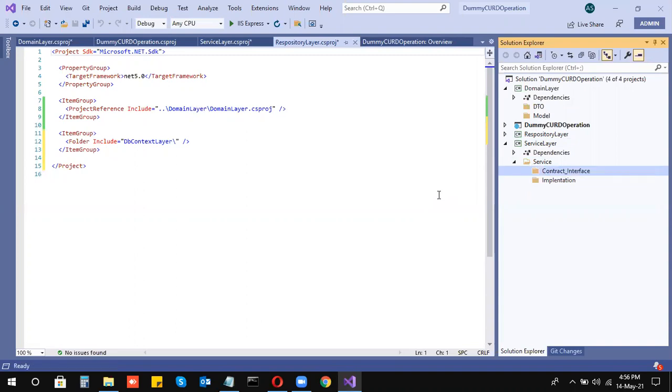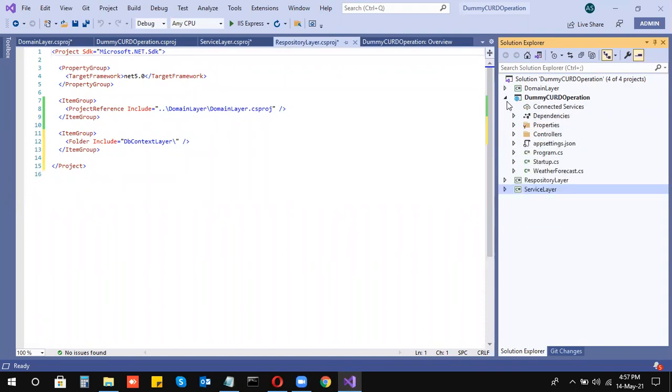Whatever you like, you can write the contract or you can write the interface. I'm just going to write contract. It is only an interface; this is only for your understanding.